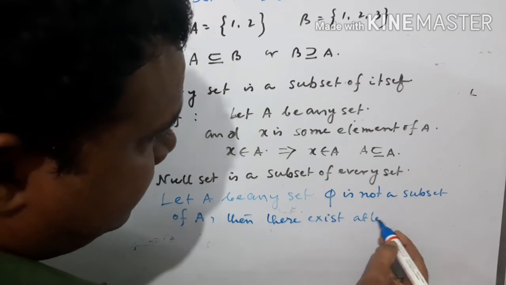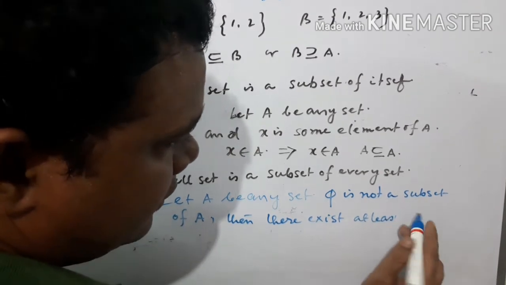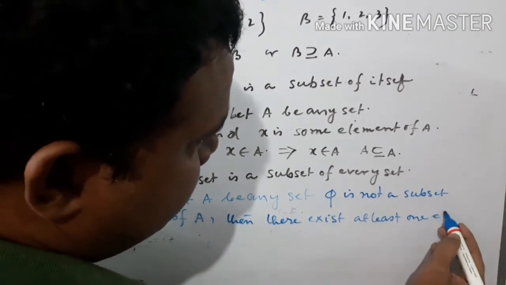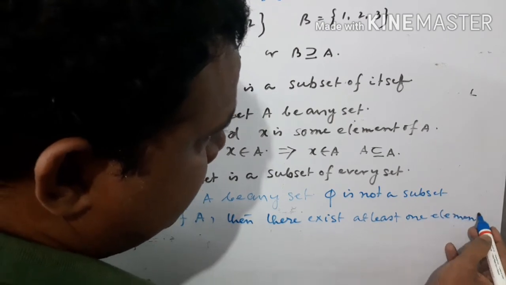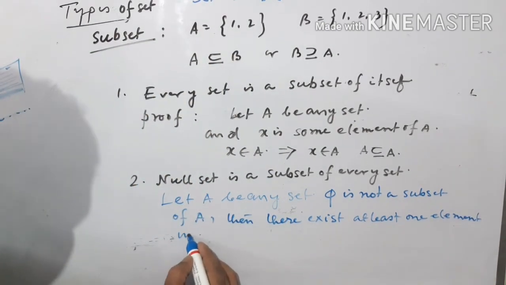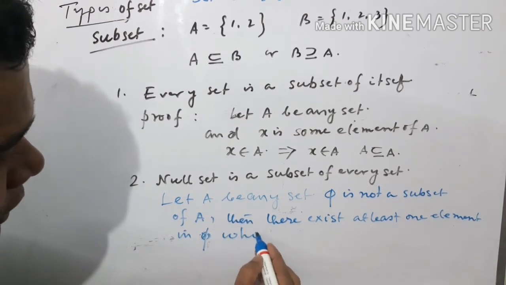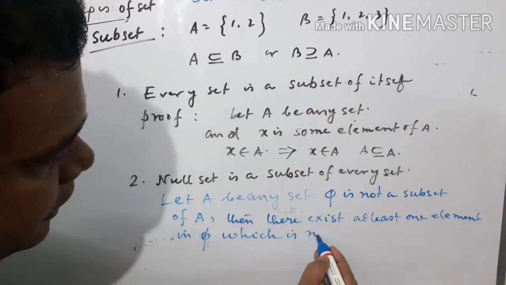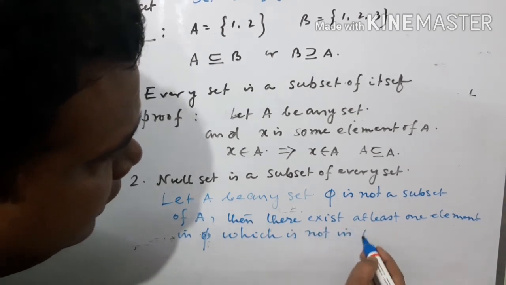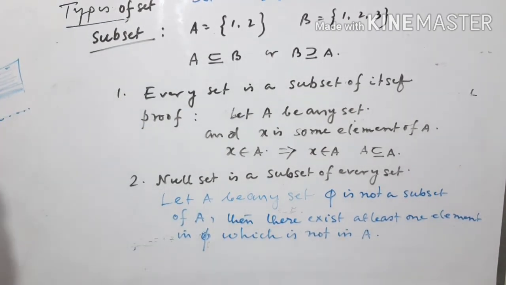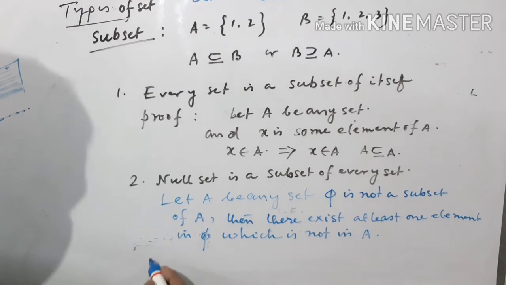So if phi is not a subset of A, then there exists at least one element in phi which is not in A. So if phi is not a subset of A, then there exists at least one element in phi which is not in A, and we know that it is a